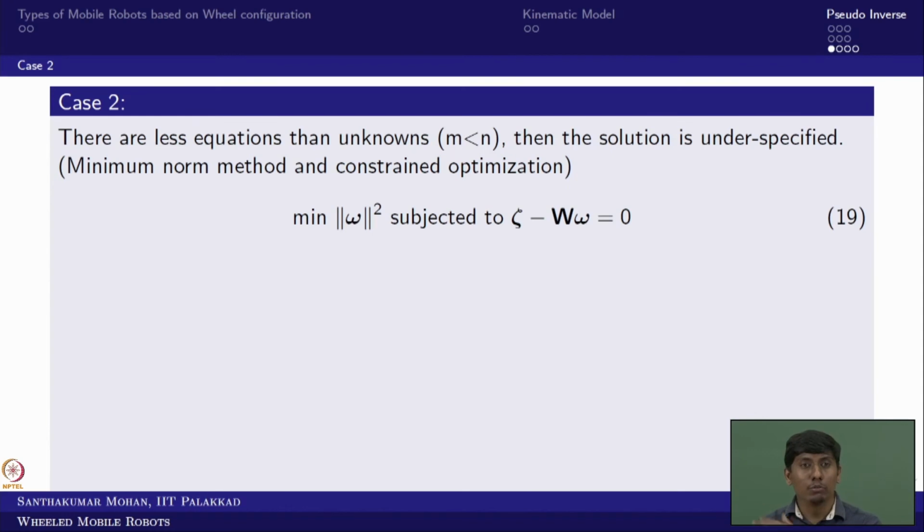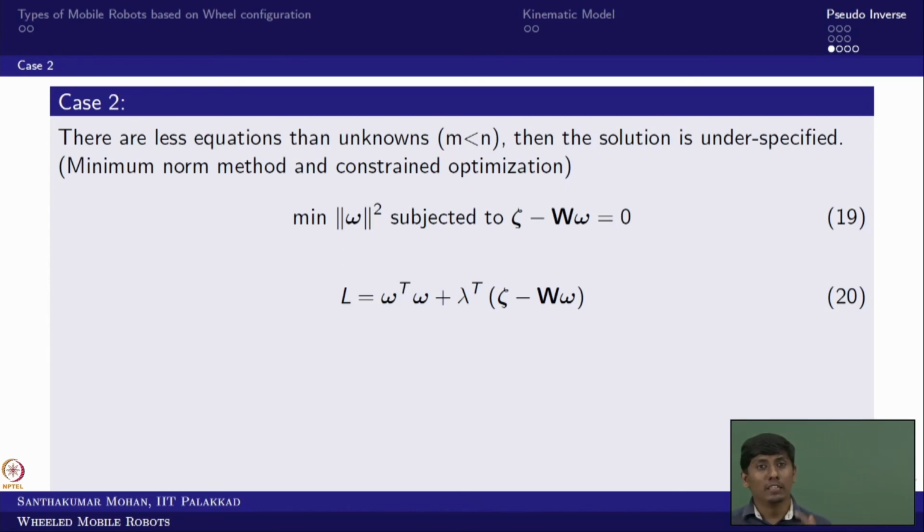We can bring these two into a single optimization equation, where a Lagrangian multiplier will come, because there is a constraint equation, right. So I can write the earlier equation in a different form. The earlier equation is straightforward, but now it has a constraint. So L I can write as omega transpose into omega plus the Lagrangian multiplier, which is lambda transpose into the constraint equation. Now you can see this can be minimized in two instances, based on lambda and based on omega.